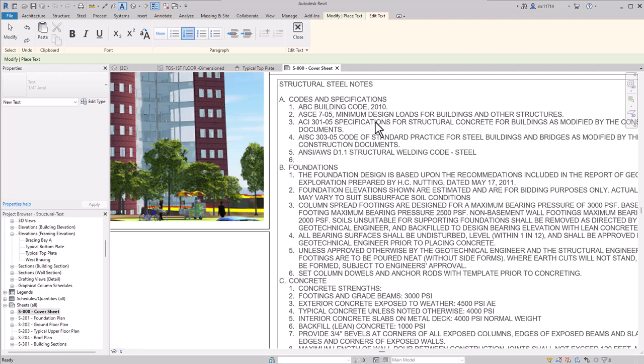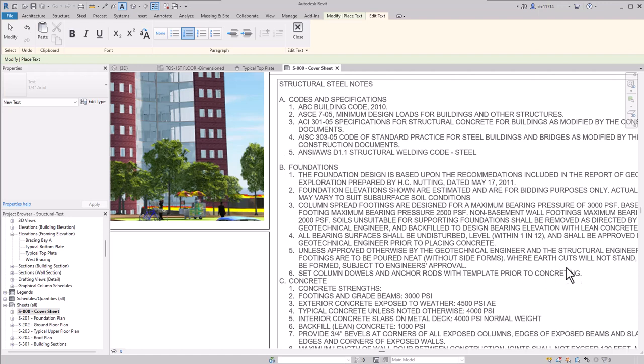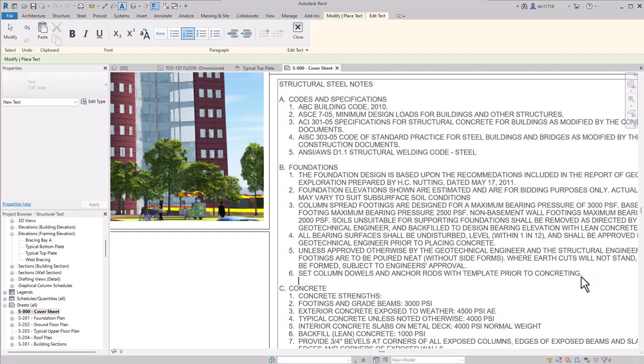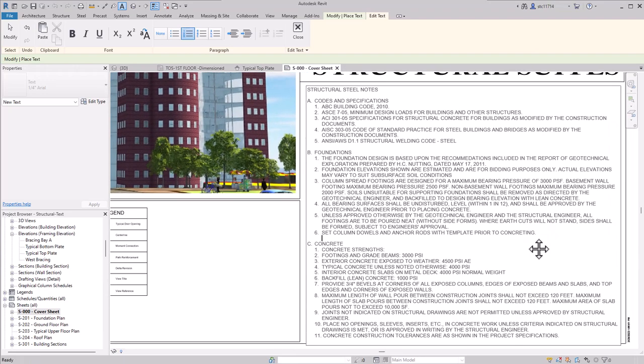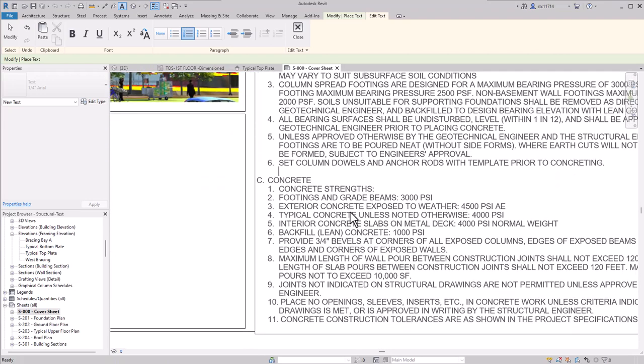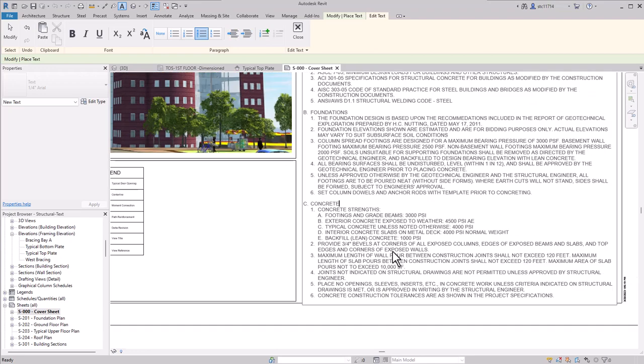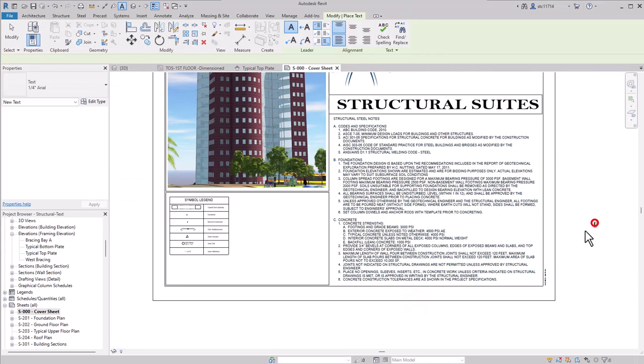So what I want to do instead, I'm going to undo, is I want to do a Shift Enter. So I will hold Shift and press Enter, and that will give me a space without messing up the numbering. One more thing to fix here, we also have a sub menu underneath Concrete Strengths. So I'm going to select the 5 rows immediately after that and indent that, and if necessary change those to letters. Looks like mine automatically went to letters. Then I will just click away from my text once I'm done editing it.